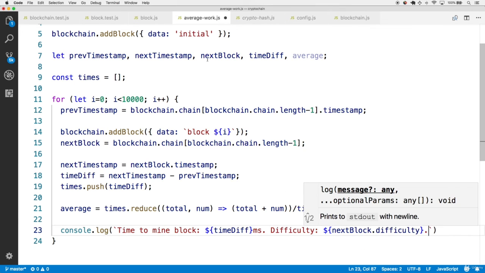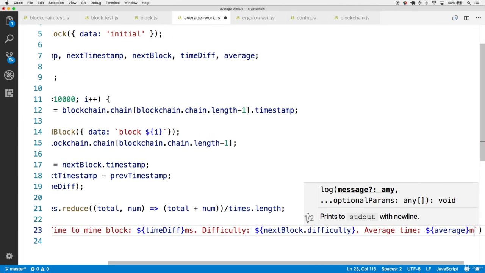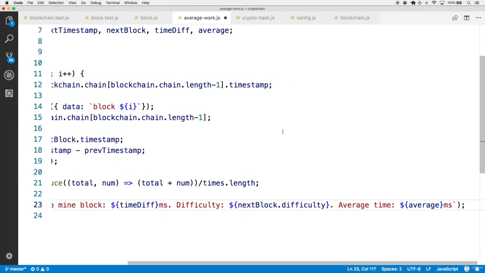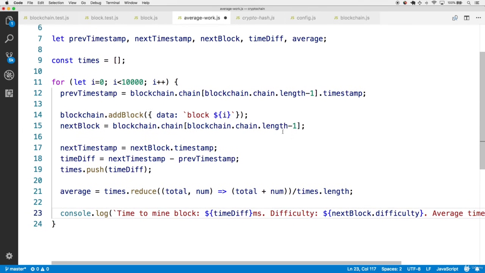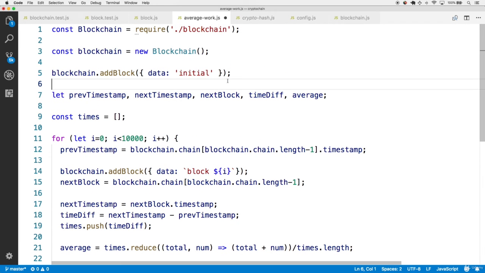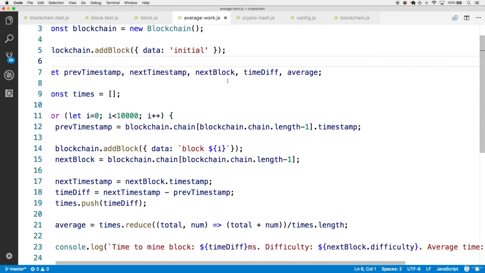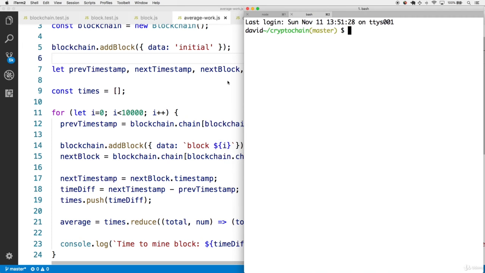And then this is going to be a pretty long message, but we also want to see the average time, which we'll do by inserting the average variable, and this is also in milliseconds. So make sure you have that entire string. Here, I'll scroll through it so that way you can see it. All right, very cool. And make sure you have all of these changes. And once you're ready, go ahead and save the file. All right, and once you have that, you'll want to head to the command line. Open up a second tab, and then fire node